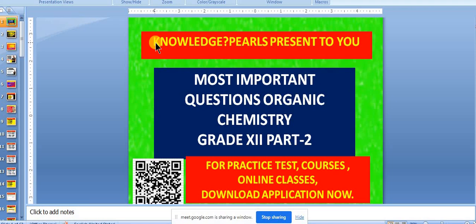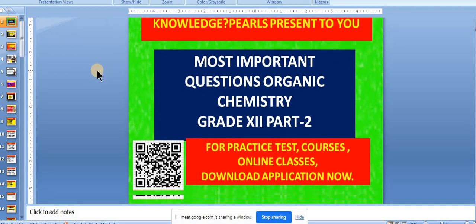So today's session is about organic testing, how to distinguish between a pair of compounds. In the first part, we discussed a few important questions in organic chemistry for grade 12 ISC as well as CBSE board examinations 2023. Today we will take up a few questions and fundamentals in regard to testing of organic compounds. Let us start the session.